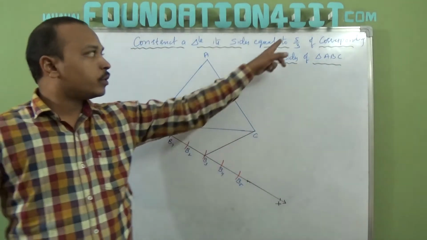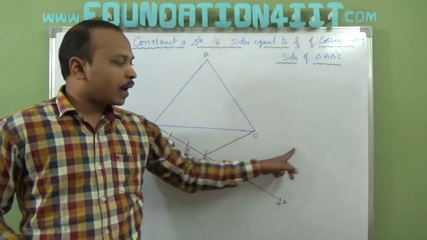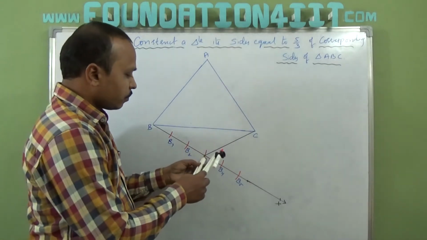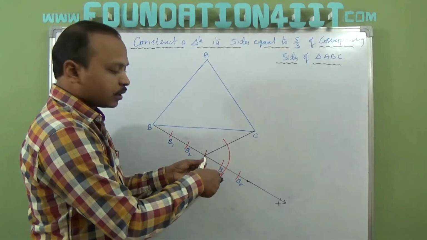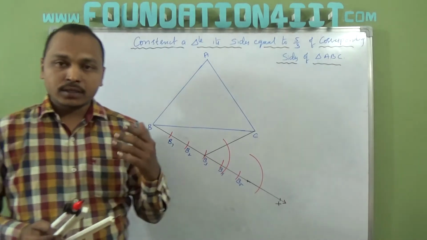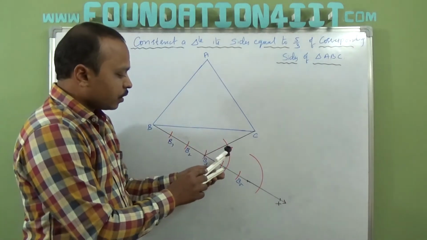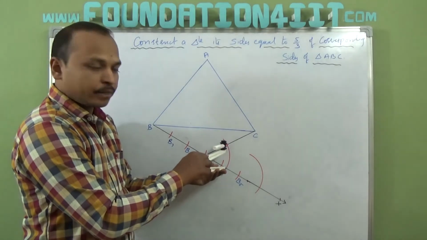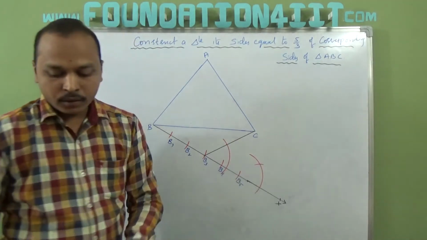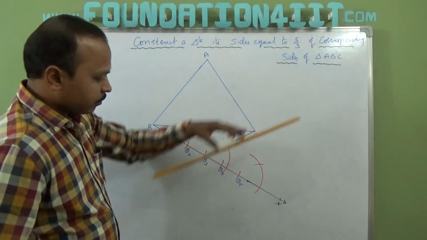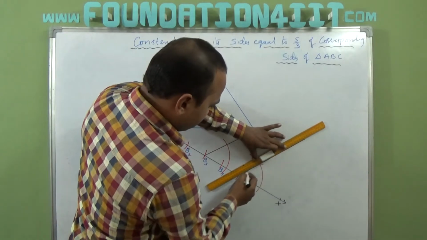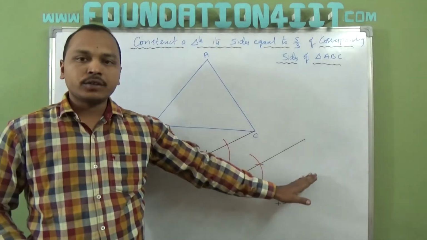Now the numerator is 5, so from B5 we should draw a line exactly parallel to this. To draw a parallel line, from B3 draw an arc, and from B5 also draw the same arc without changing. You already know how to construct parallel lines from previous videos. Now check this gap, how much it is, right? The same gap you cut on this arc also from here. That means indirectly we are constructing a parallel line. Now join B5. So this line is exactly parallel to this.